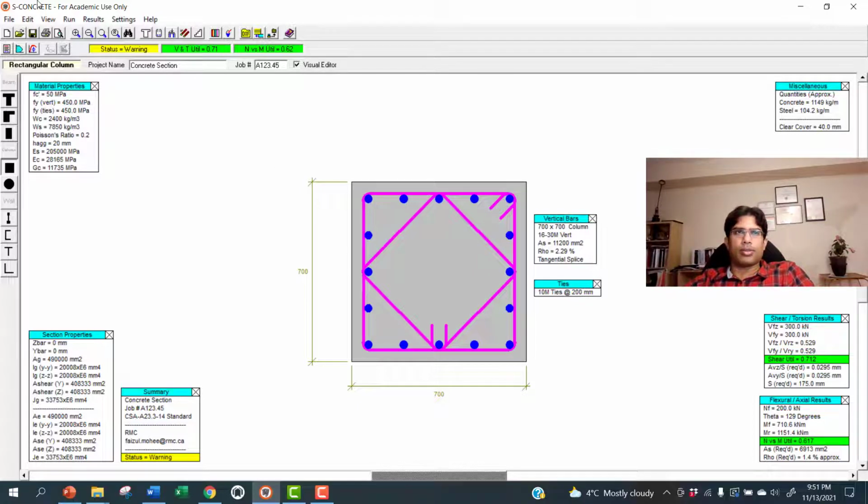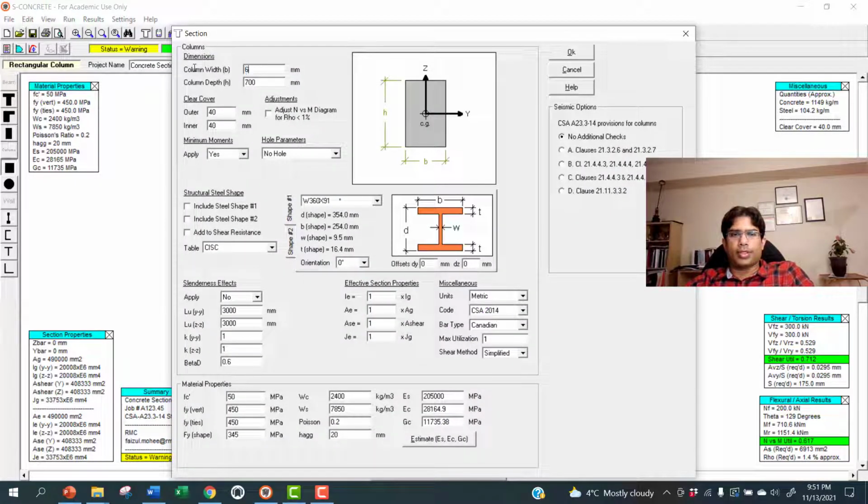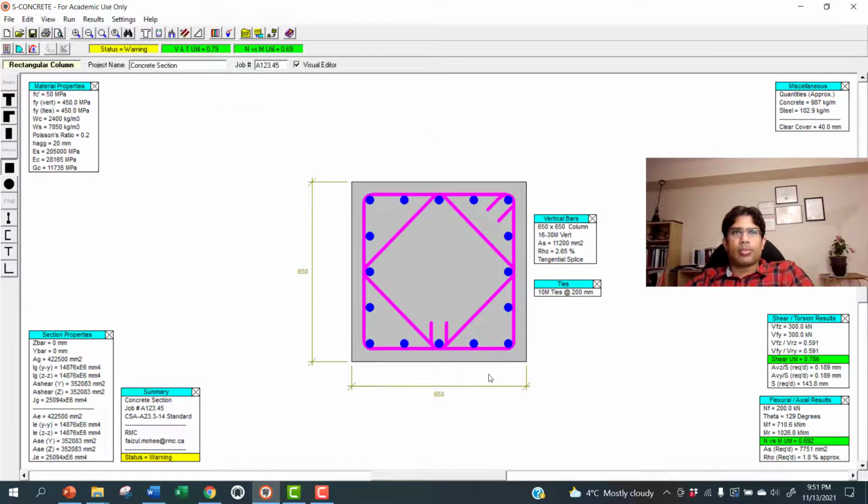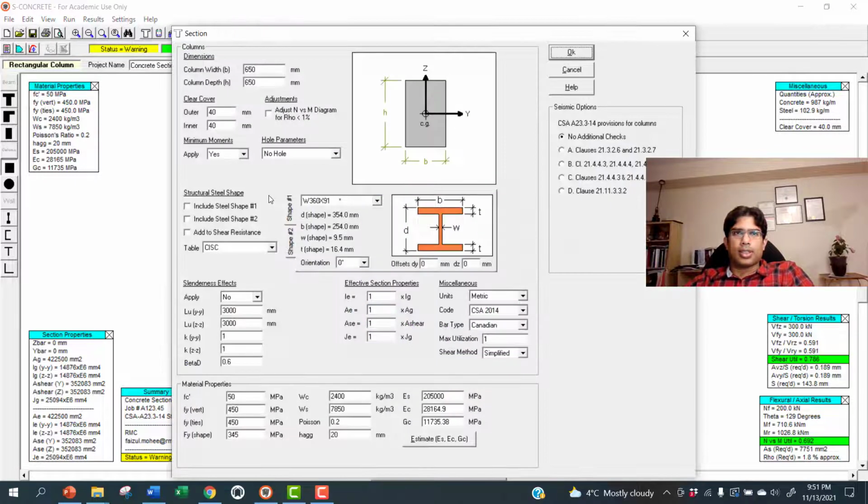So you can go back to, say, about 650. If you put 650, then it's 0.79 and 0.69. But 0.69 is costly, so you can go there and make it 600 by 600.